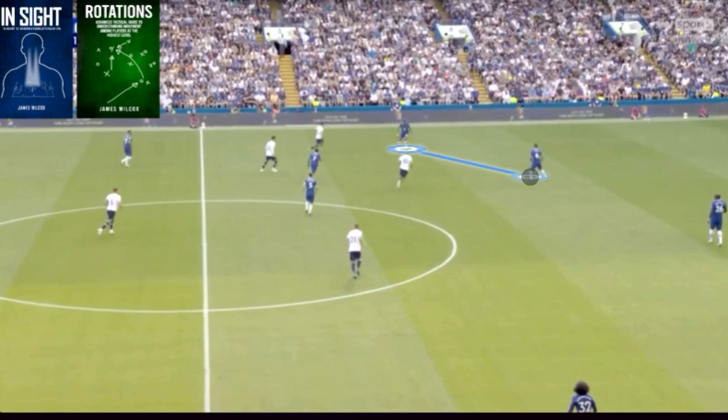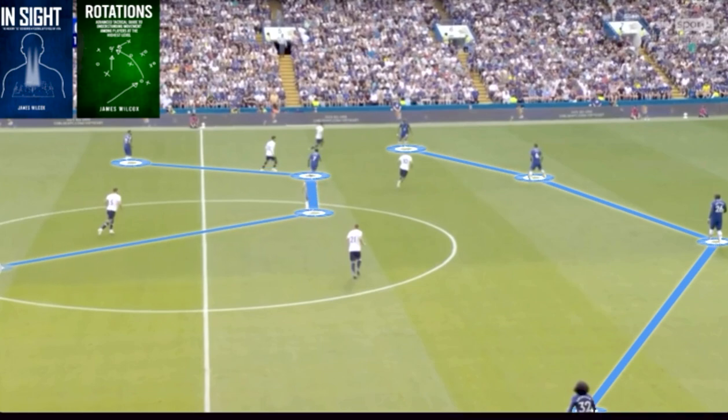So Chelsea line up with a back four in possession of the ball, which is different from how they defended with a back five, but in possession they go with a back four, and their right wing back Ruben Loftus-Cheek inverts to then join a four-man midfield. So we actually see this shape look like a modern 4-4-2, and this is compared to the Tottenham shape in